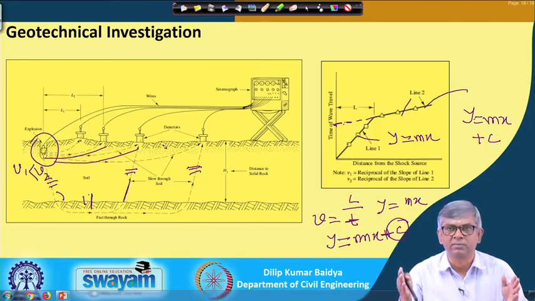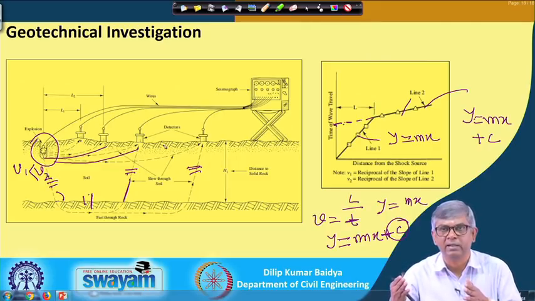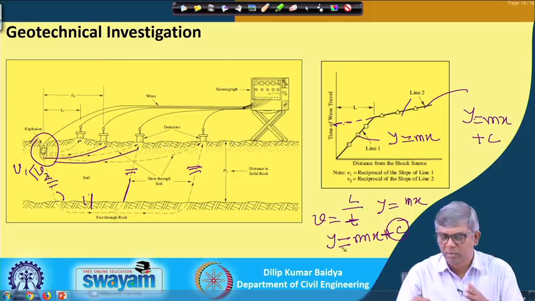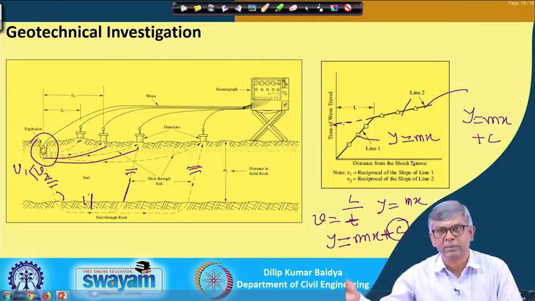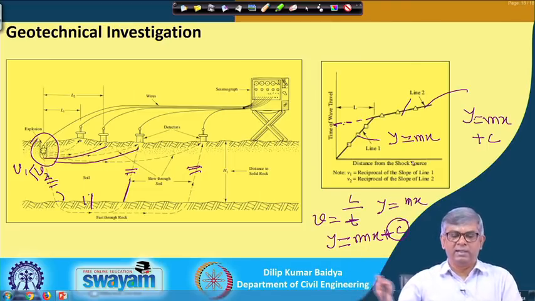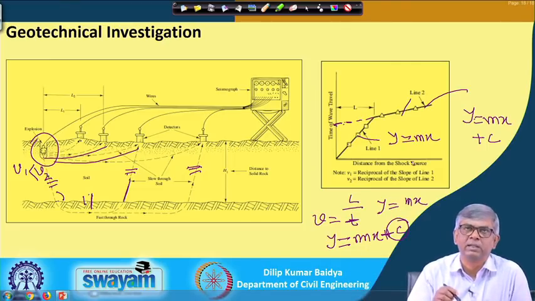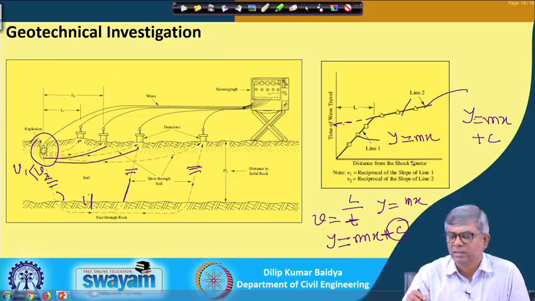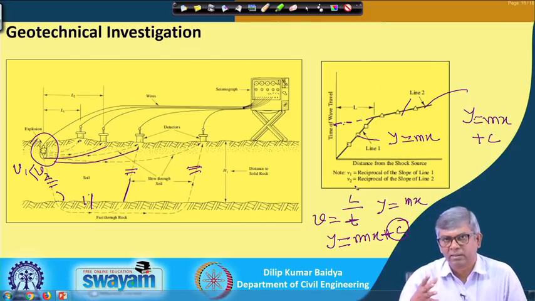The initial few records may be linear, which represents that they are coming directly. Another few records may again be linear, but with the form y equal to mx plus c, meaning there is a constant part with mx. That again represents another layer. Like that, if I get subsequently another slope, that will represent the third layer. If you plot distance versus travel time simply on graph paper, then by eye estimation you can visualize that a bunch of data is representing a straight line. That means that portion is through the particular layer.